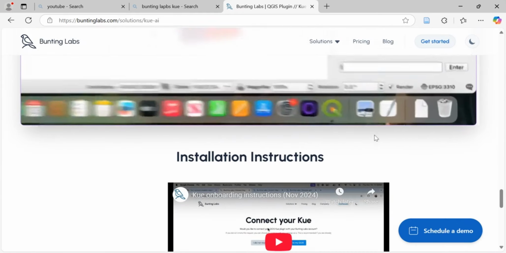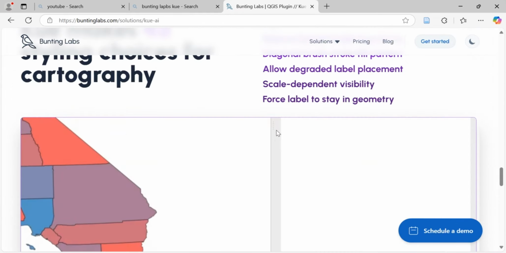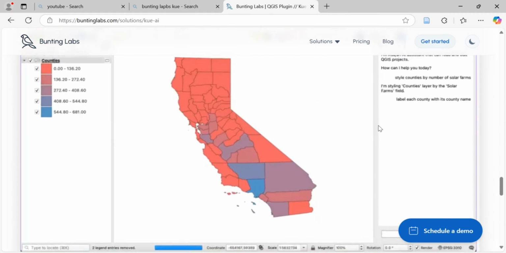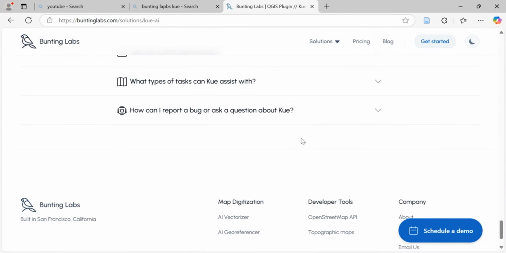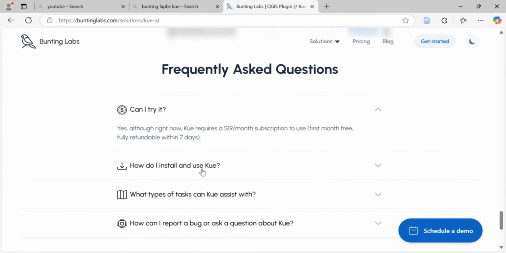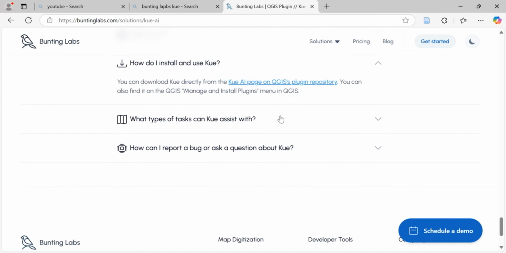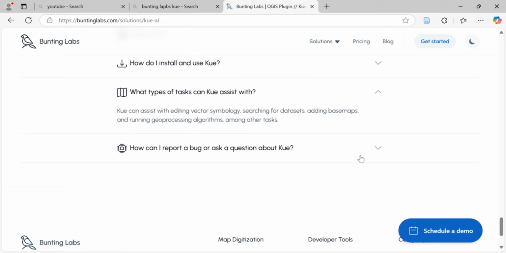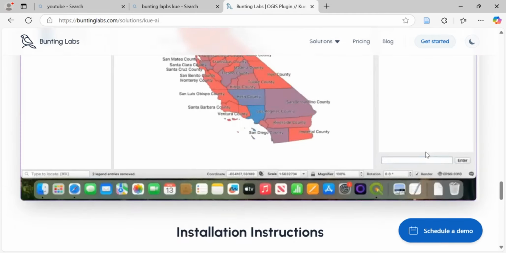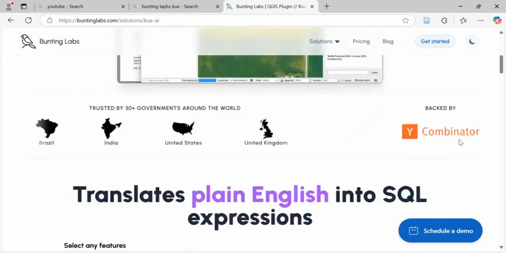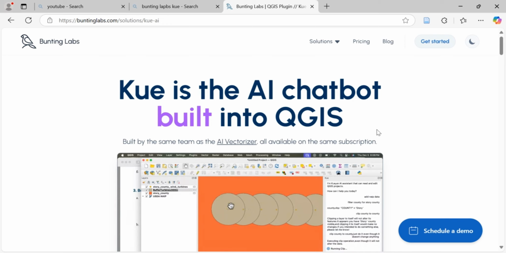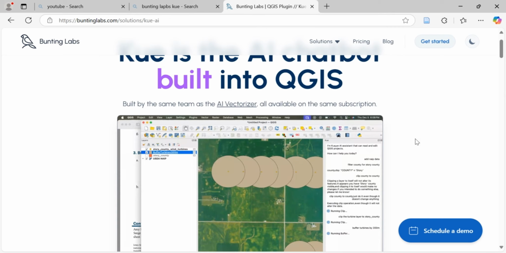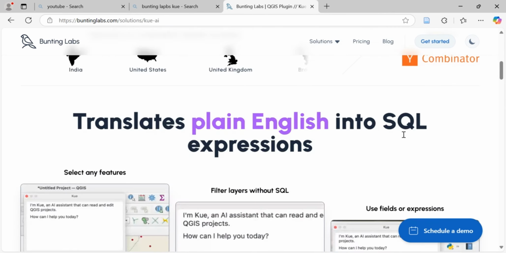So they have some examples here. If you want to try on different cases, then I can recommend you to look at some of the animations they made and see if you can replicate the same prompt. They also show some instructions on how to install it, what kind of tags it is, how to also report bugs, and so on and so forth. The most important thing to note is that it is not free, but of course you can register and still use the free version for a month, and after the month I think you have to pay like $19 or $20.